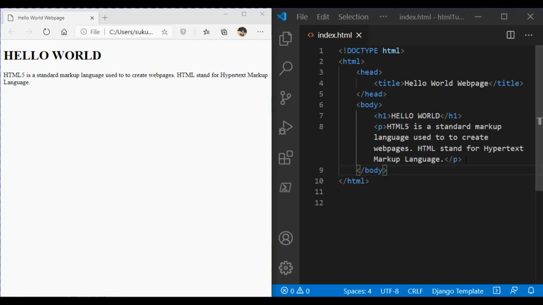However, it is recommended that as a beginner, it's better to use the default text editor on your platform. For example, in Windows, we have Notepad. It is actually the best text editor to use to start out on HTML5. When you're on Mac, you can use TextEdit. We have the default TextEdit that comes with your platform. The other text editors that you can find on the web, we have Notepad++,